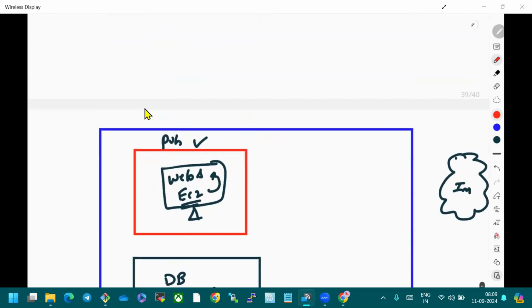There is no direct connection here. Can you observe? There is no line drawn. There is no connection between your internet and your application.